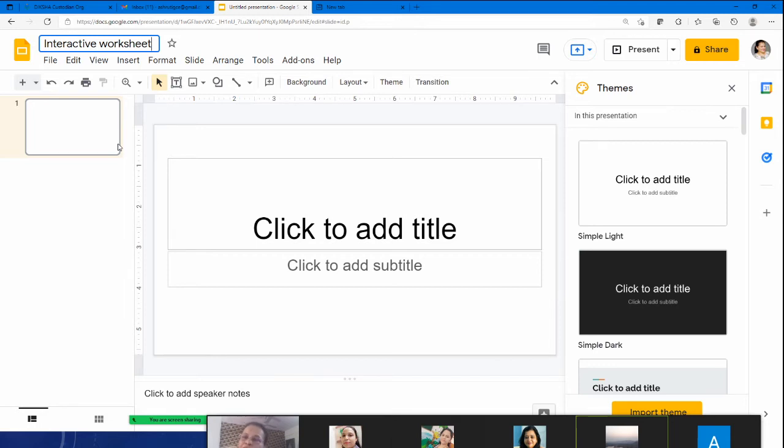Are you all aware of how to make use of Google Slides, the various features of a Google Slide? I think most of you must be making your presentations on Google Slides only, right? Yes, teachers? Yes, ma'am. Yes. So I will not explore the various features of Google Slides, but I'll just show you how to make an interactive worksheet using a Google Slide.